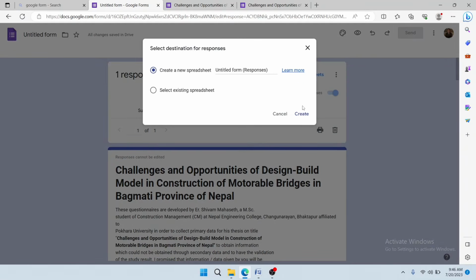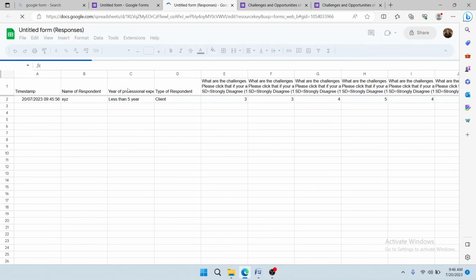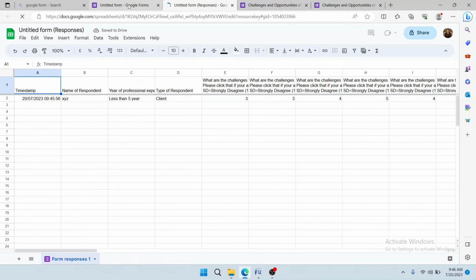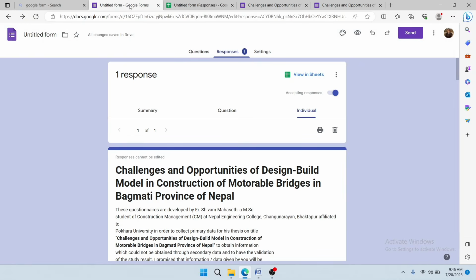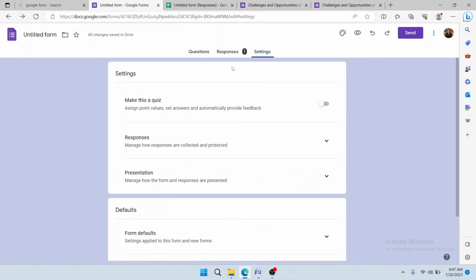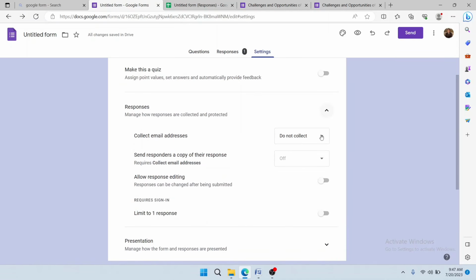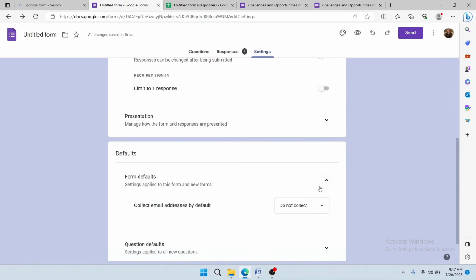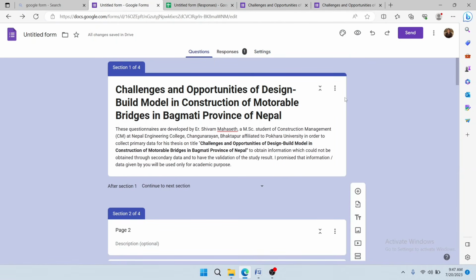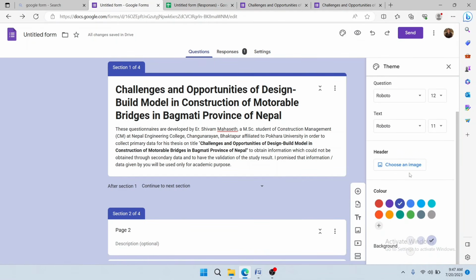So click on this, then create, then your MS Excel sheet has also been added to this Google Form. So any data entered through this Google Form will be directly stored in this Excel sheet. And for changing any setting, you can go to this setting, and you can change any setting as per your requirement. So go to questionnaire, and again go to theme, and choose the